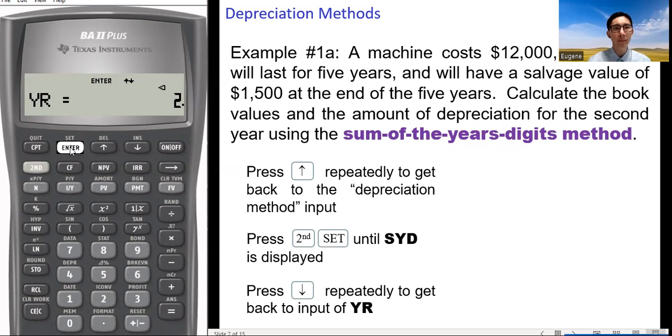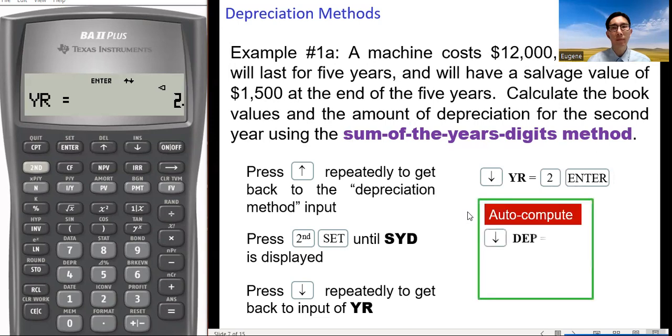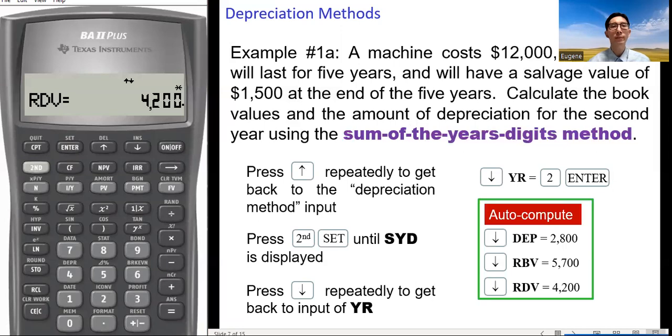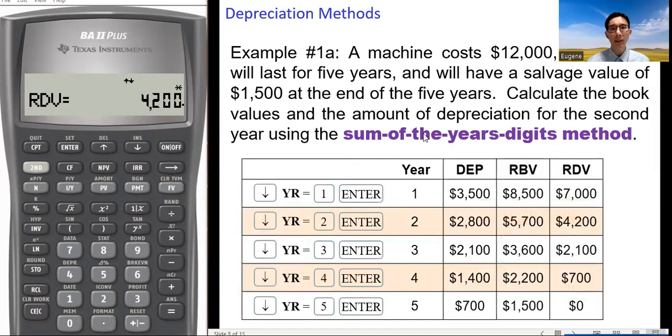Press enter, and then we get the necessary information. DEP 2,800, RBV 5,700, and then the last one, RDV 4,200. And similarly, we can get the depreciation schedule.